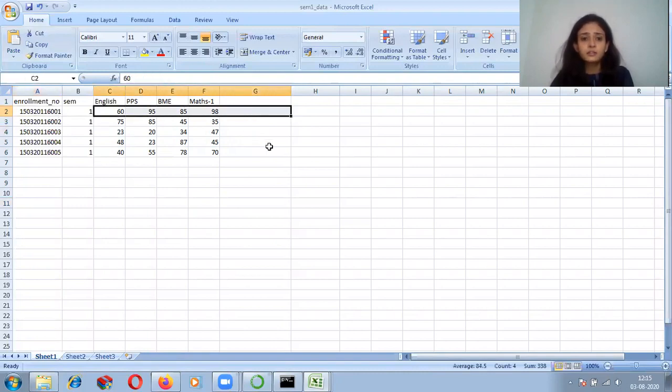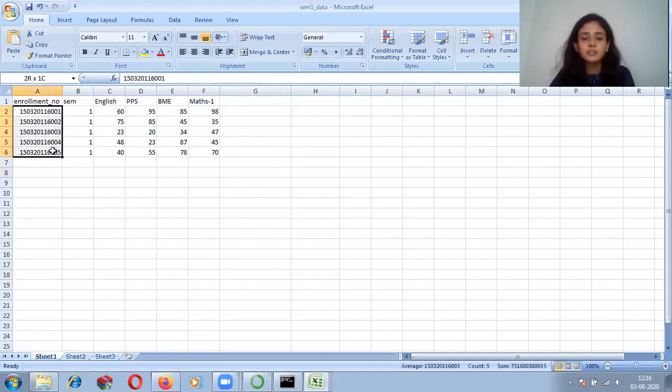So that particular student is having the marks like this, that is 60 in English, 95 in PPS, BME, he has scored 85, and in Maths 1 he has scored 98 out of 100. So I am considering all the marks out of 100.